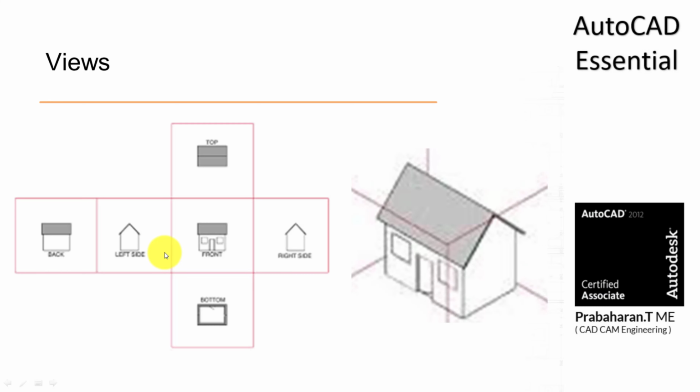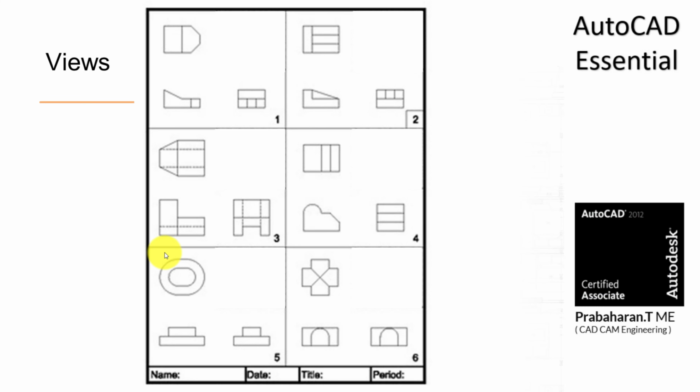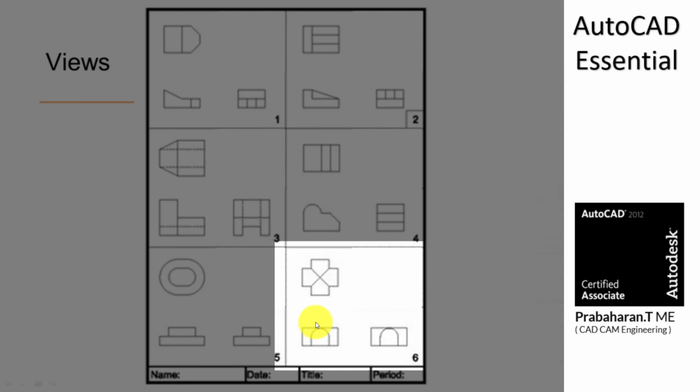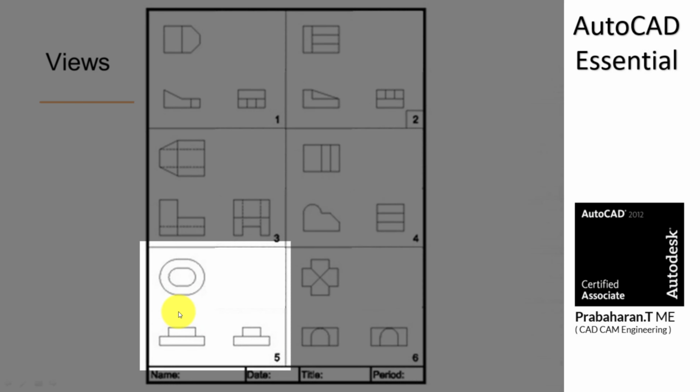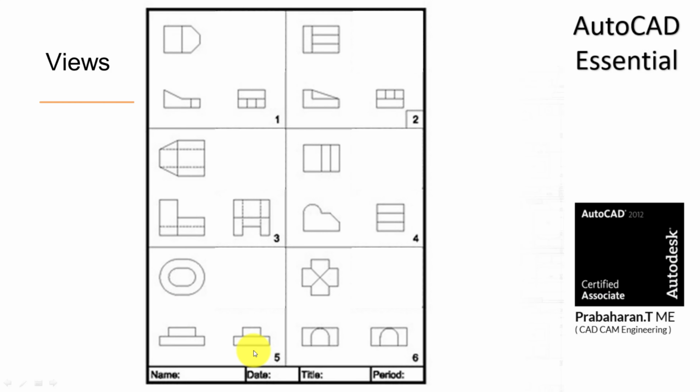Okay, let me show some more examples. Now I have shown 6 small components, the front view, top view, side view of 6 components. Can you imagine how the component will look? For example, let me take component number 6. This is a front view, top view, side view, and component number 5. This is a front view, top view, side view. So this is the front view, top view, side view of some component. Then how will it really look in 3-dimension? Can you imagine? For that we need technical knowledge, engineering knowledge.